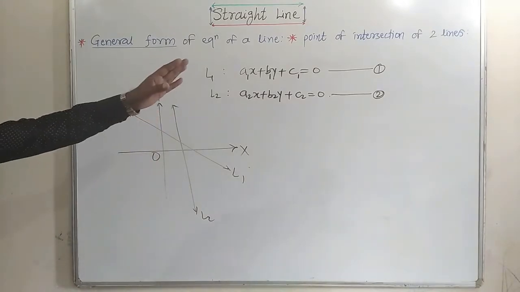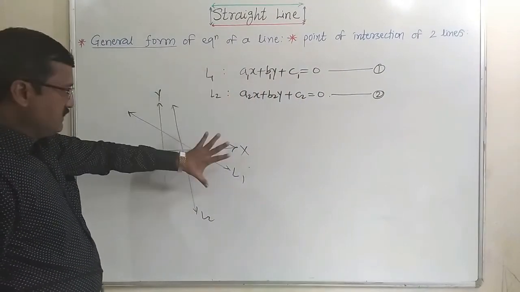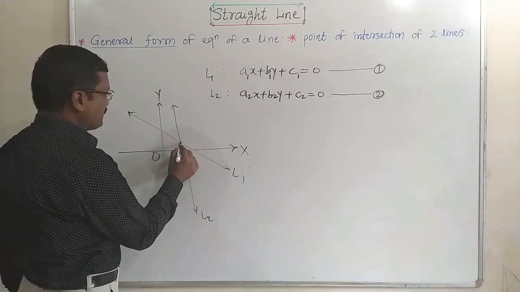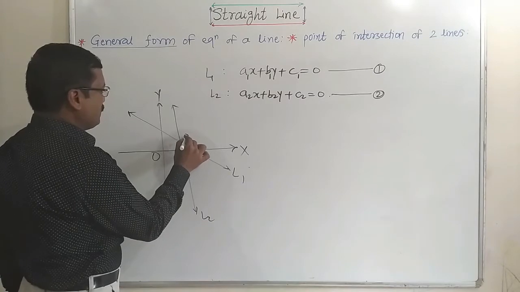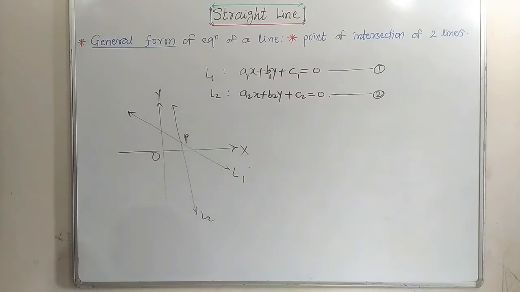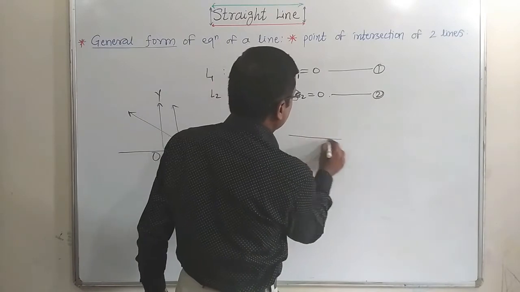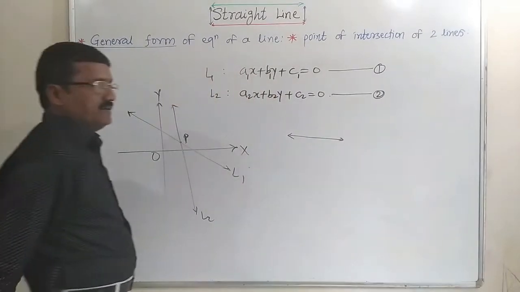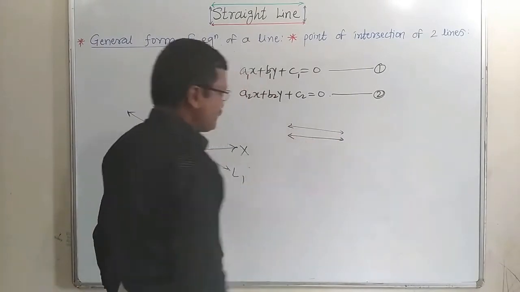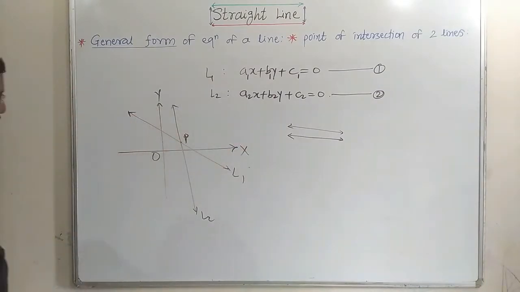So the main point here is to find the point of intersection of two lines. If you draw the two lines in this xy system, then obviously if these two lines are not parallel, they will intersect at a certain point, and that point is nothing but the point of intersection of the two lines. So two lines intersect each other in a single point, that we know. If two lines are coincident, then one line is over the other, and their points of intersection will be infinite. If two lines are parallel to each other, then there is no point of intersection, and if two lines are non-parallel, then they have a unique point of intersection.